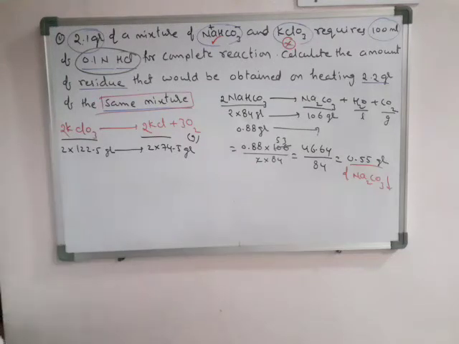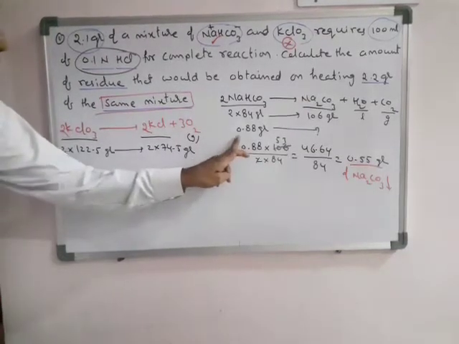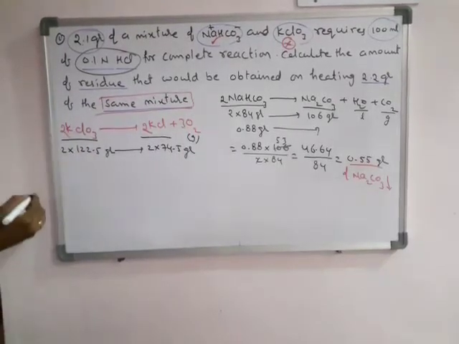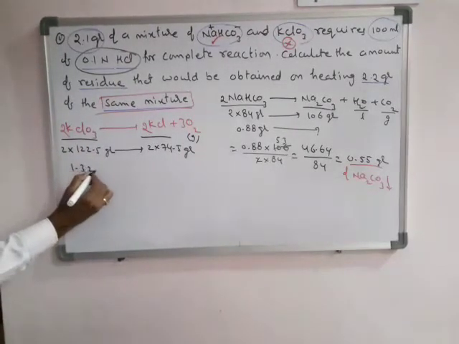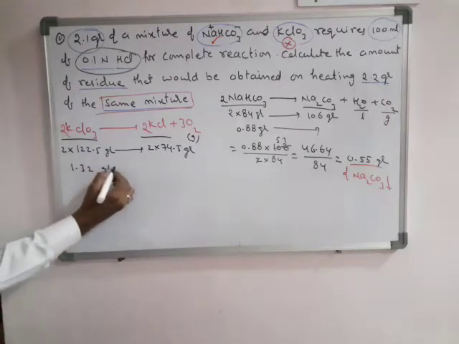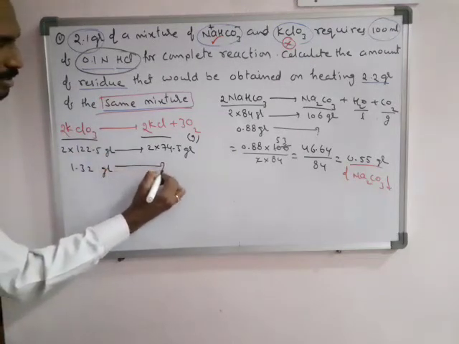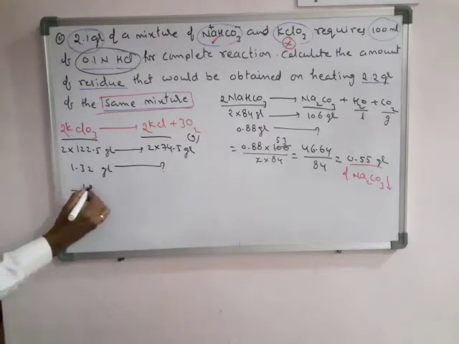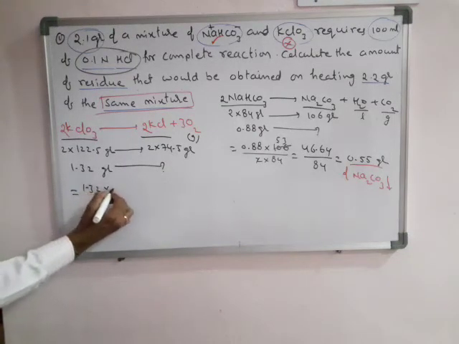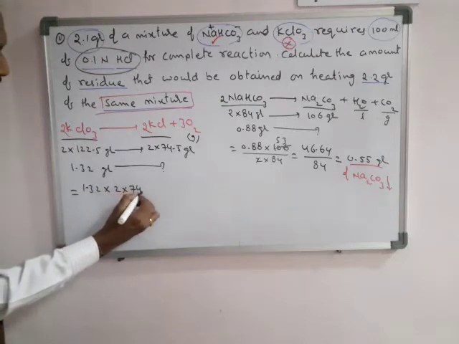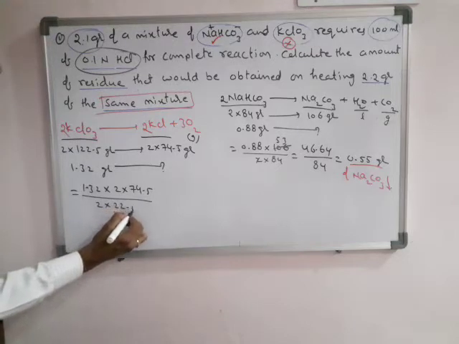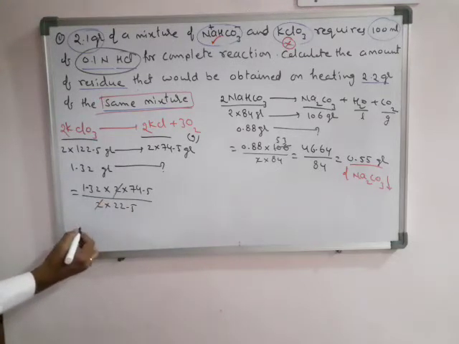There was 0.88 of NaHCO3 and there was 1.32 grams of KClO3. 1.32 grams KClO3 produces how much residue? That is equal to 1.32, here approximately we will get